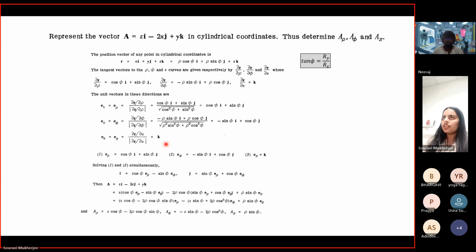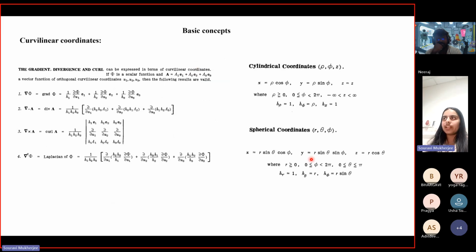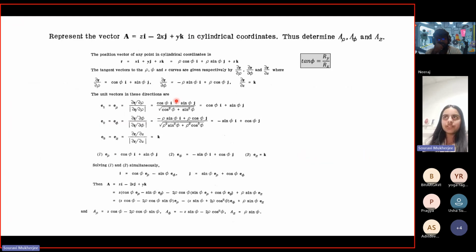I hope it's clear. There can be many questions like this. Suppose it was spherical coordinates, what do you do? Your parametric forms will then change, so you have to use these parametric forms for x, y, and z. Once you put that in, you have to do these partial derivatives. That will give you how your old and new unit vectors are related. That will tell you how you can write i cap in terms of phi and theta, and similarly j cap. Then you replace it and you get the new components. So that's how you can do it for any vector, in any coordinate system.